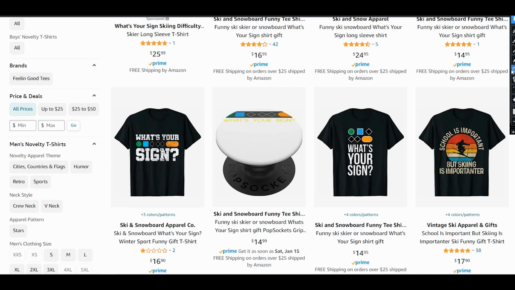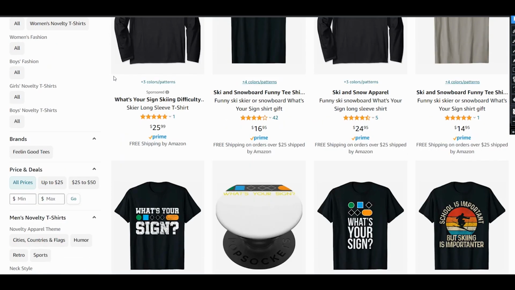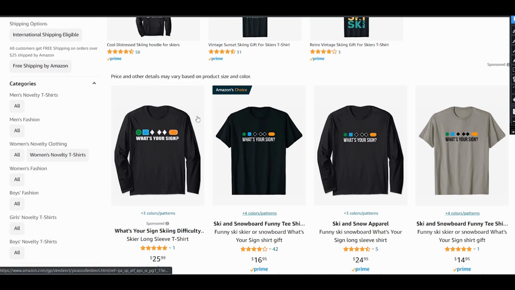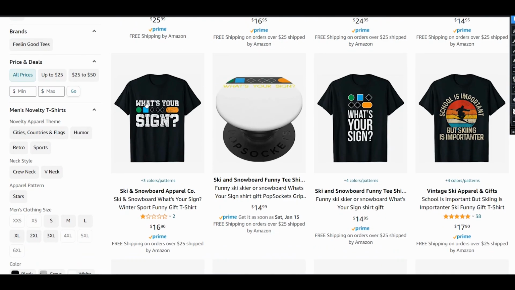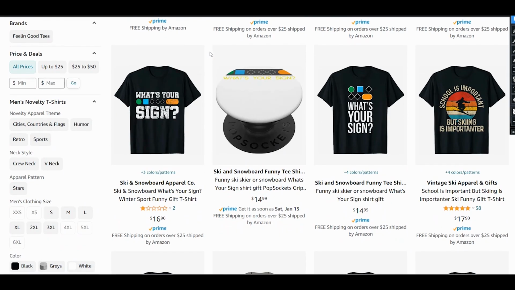For example, even here we can find a different positioning of elements, and this design also looks different from top search results. Maybe you will also change the font or color of the text,